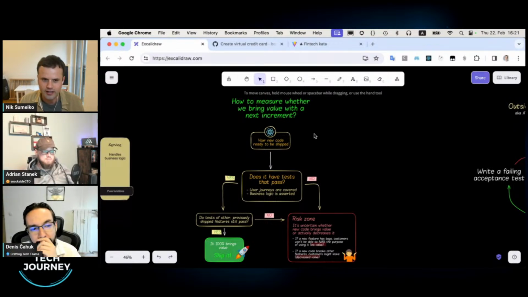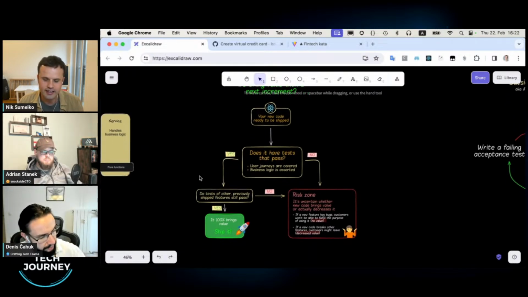Let's say you are in a bank app and your feature is to enable people to make a payment. Do you have coverage for that journey? You enter some amount, you enter some recipient, then you sign that payment, and the payment is gone. If you have coverage for that, then you can check the coverage of other features that you built before.